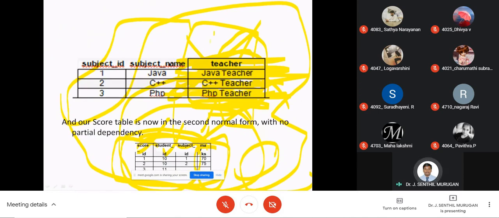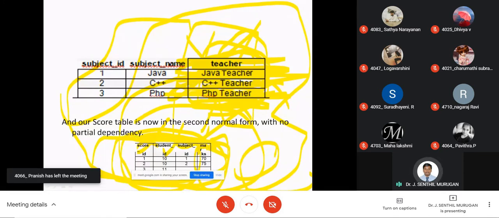Now the teacher column is removed, so the full-fledged second normal form has been achieved, with no partial dependencies. So these are the things to be seen for the first and second normal forms.